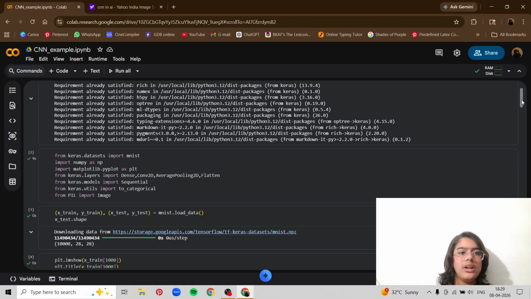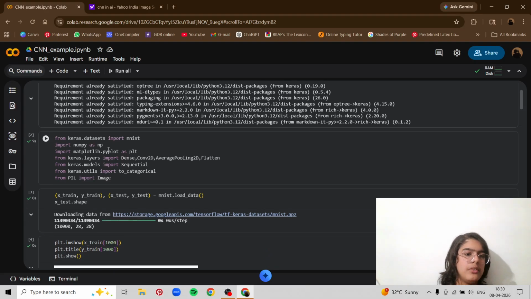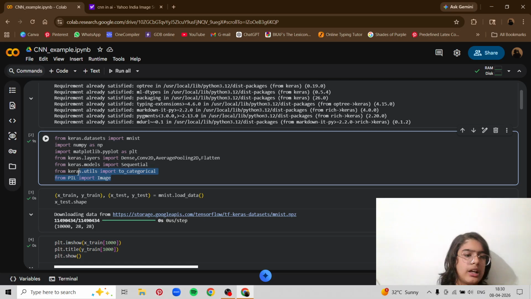First I'll be training the model on an already built dataset, and then I'll be giving my own images and checking if the code can find them out correctly. It depends on the accuracy score that you have, whether you will get the correct output or not, as it usually gets confused between 1 and 7. So next we have a few common imports like numpy, pyplot,